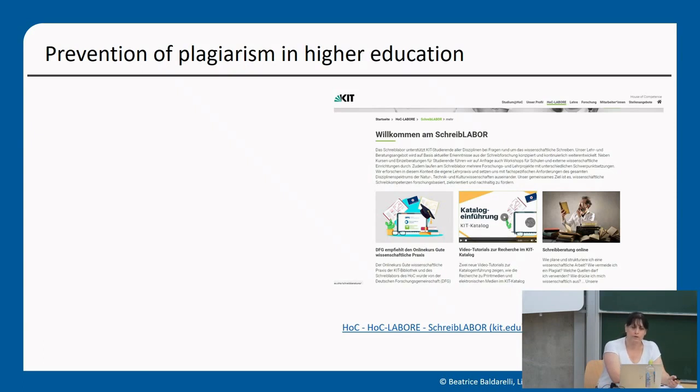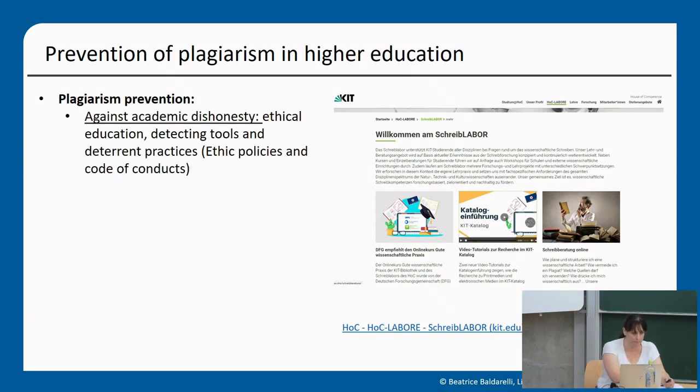We are now to focus on prevention of plagiarism in higher education. In the first case, plagiarism prevention necessarily implies ethical education, detecting tools, and deterrent practices. Ethic policies and codes of conduct have long been the cornerstone of preventive strategies in academia all over the world.